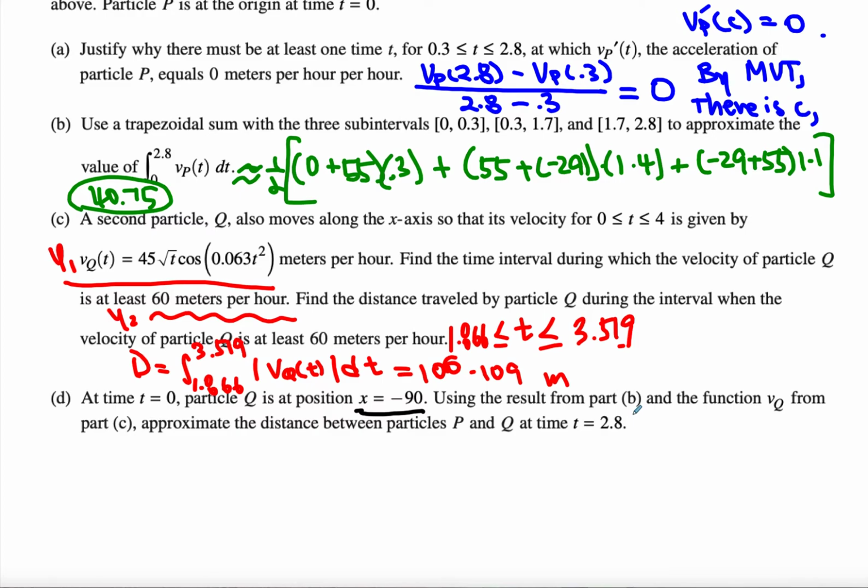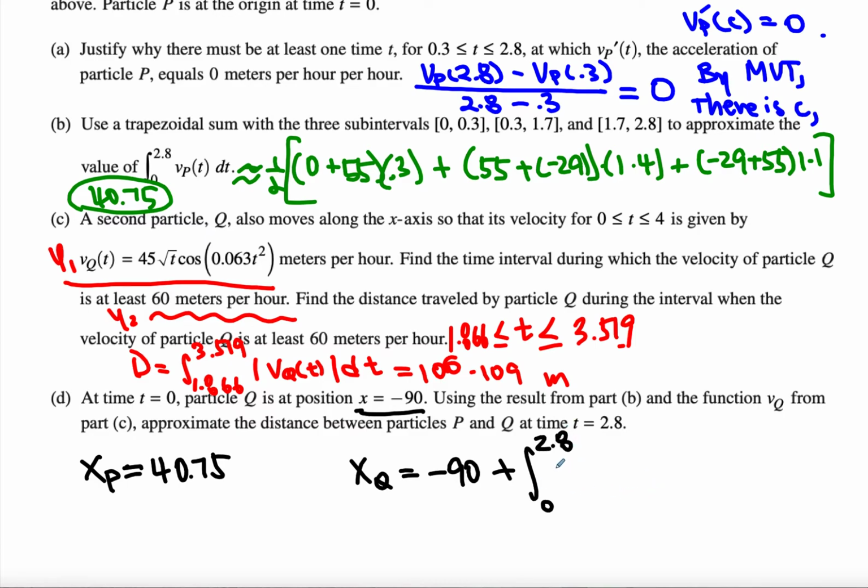So then what we're going to be doing is position, let me call that x. So x of P, the first particle, was about 40.75. Now, how do you calculate the location of Q? Since it started from -90, that's the initial condition, and then I need to see the change from 0 through 2.8